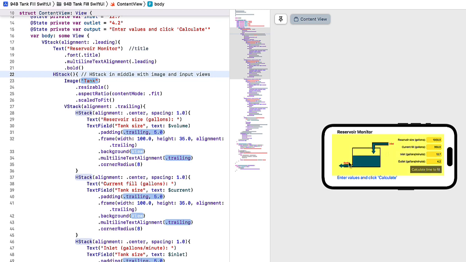Then I create an HStack for the center of the application. On the left-hand side is my image that I've set to tank from the assets, made it resizable, set the aspect ratio to fit, and scaled to fit. Then I have a vertical stack that's the right-hand side of that HStack, and it's going to contain 4 HStacks,